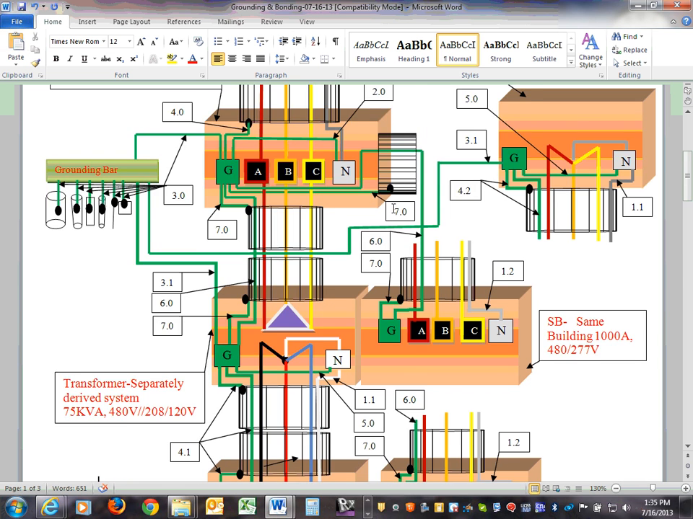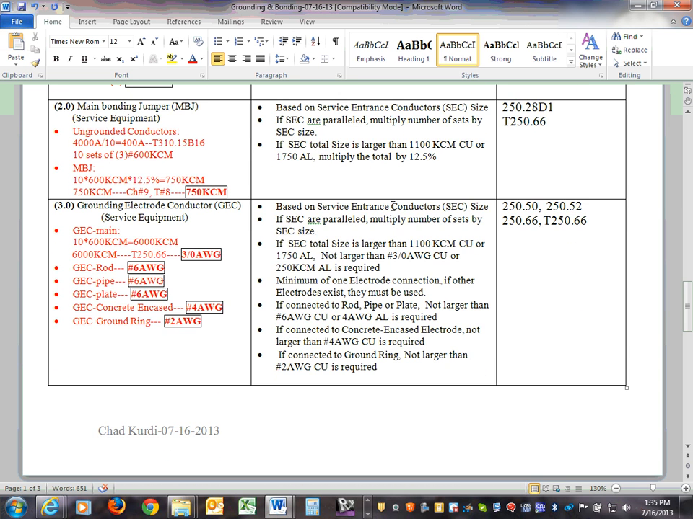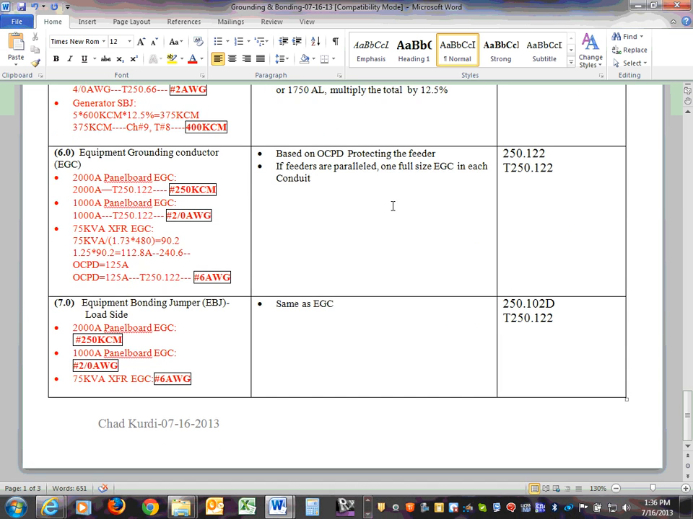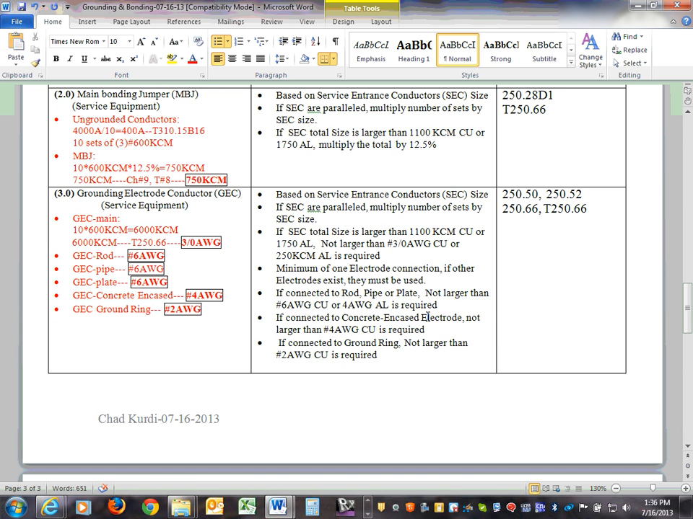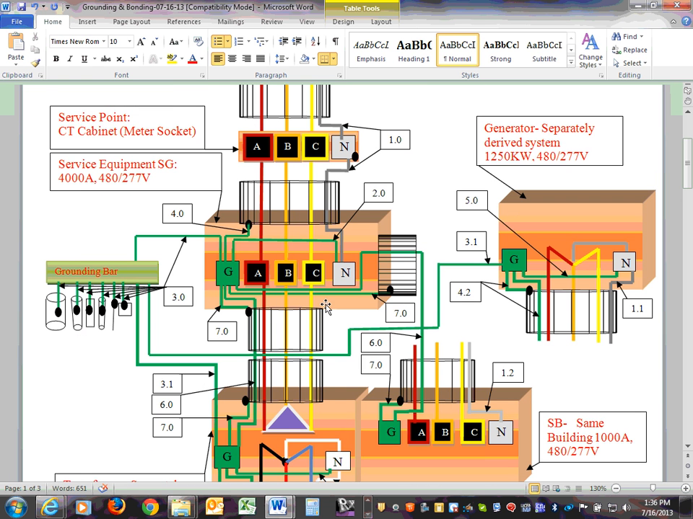That's called equipment bonding jumper. So if you guys go to 7, it's called equipment bonding jumper, load side, and it's sized exactly as what? As the equipment grounding conductor. So what a lot of electrical contractors do, and you probably have seen it all the time, is they bring